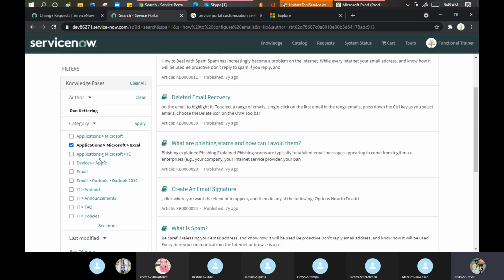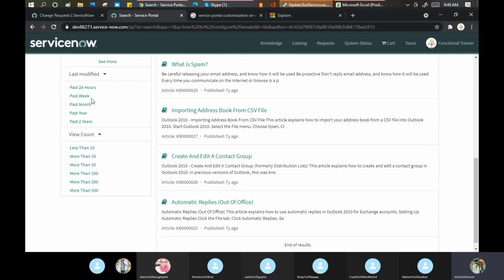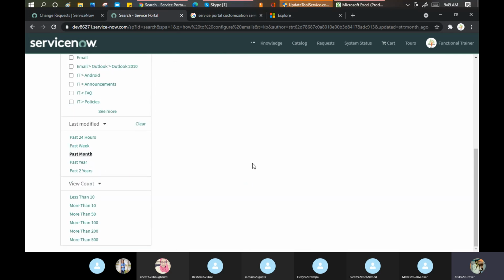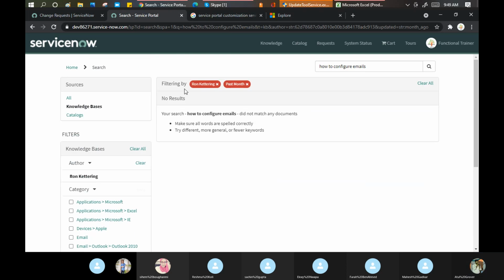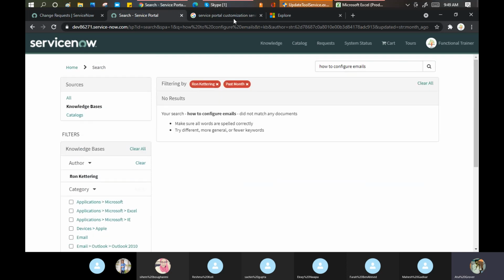But after some time, I'll tell you how you can configure this part, how you can create the knowledge articles. Maybe I want last modified past month. There is nothing like this.